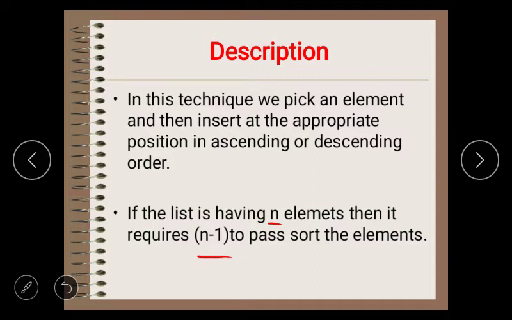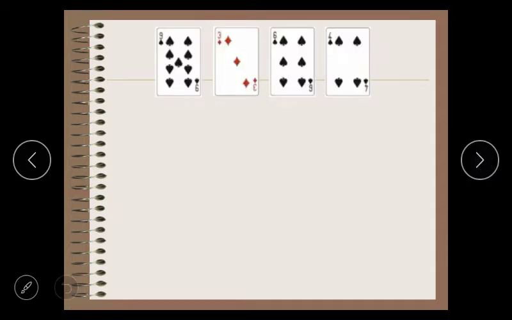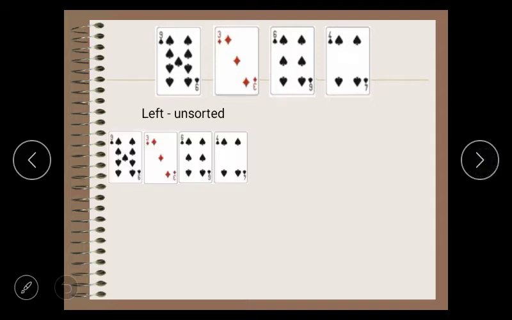To explain the logic of insertion sort, once again take the example of cards. Let's say we have a set of cards and we want to arrange these cards in increasing order of rank. There are a couple of ways to sort a set of cards in our hand. One way is that initially we keep all the cards in our left hand and simply start taking cards one by one from the left hand and build the sorted order with the right hand.